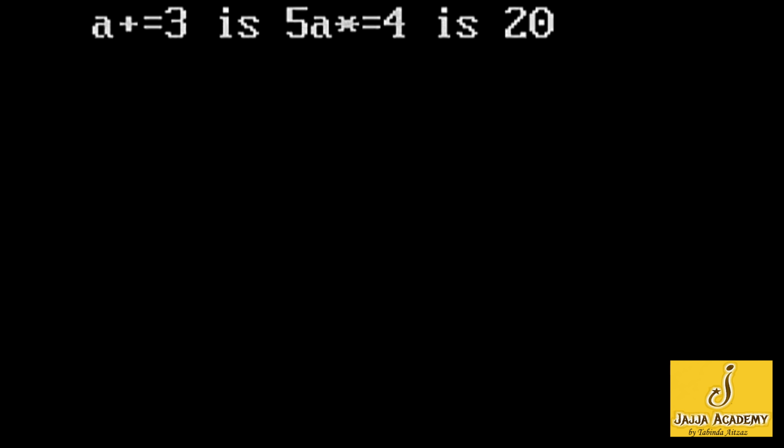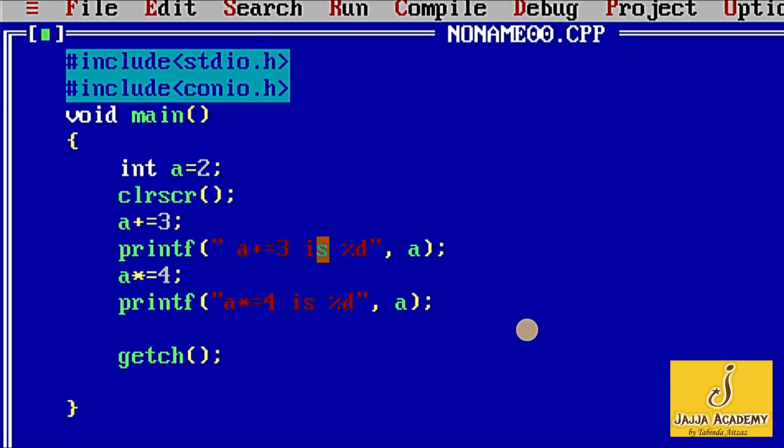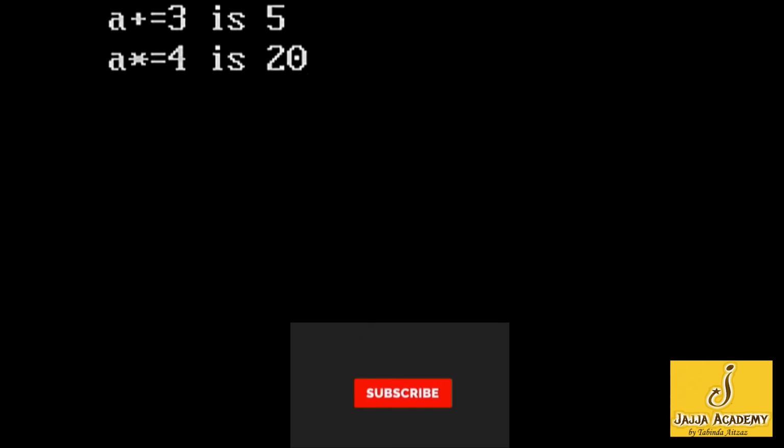Now the output is written in a single line. It's a confusing output. It must be divided into two lines. Let's see how we can insert a new line. As I want to insert a new line after this output, I will write here \n. The \n is used to insert a new line. It will insert a new line before showing the output of this statement. Let's compile it. Now you can see the output of the second printf statement is in the second line.